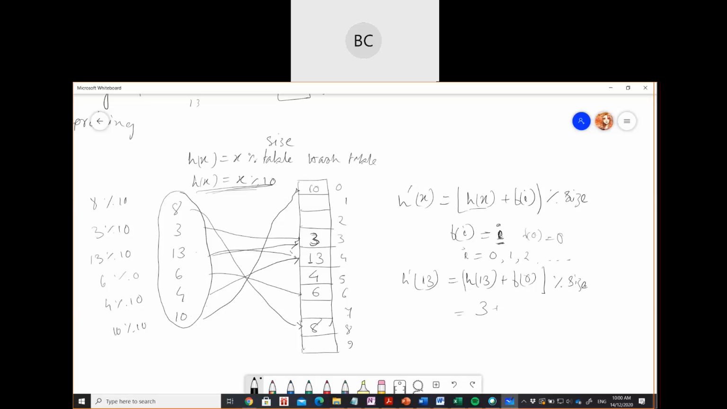So it's just 0 and size, that is your 10. So again 3 more 10 is 3. Okay, so what I'm going to do here, h13, since this one is already occupied, we can see, so I'll try with the next index. Okay, 13,